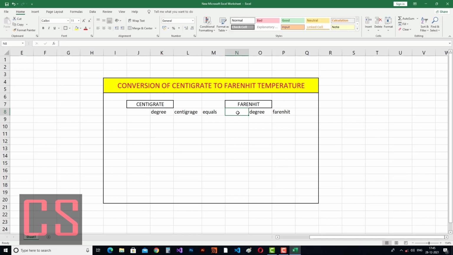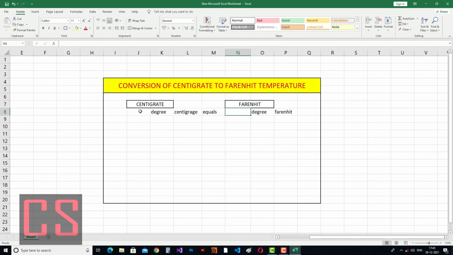Okay, so how can we make this? Suppose in my room the temperature is now 24 degrees centigrade. All of these columns will be middle aligned. Centigrade equals Fahrenheit.